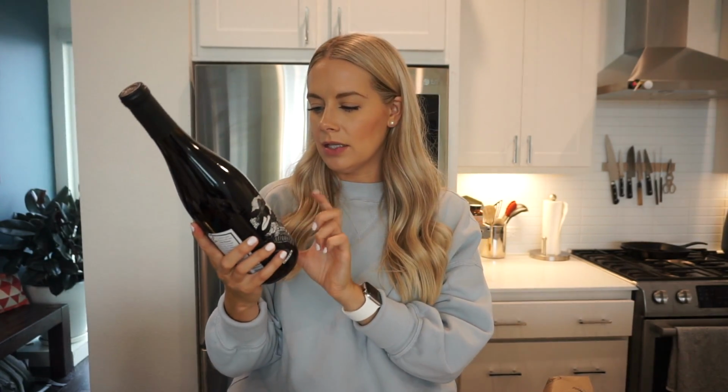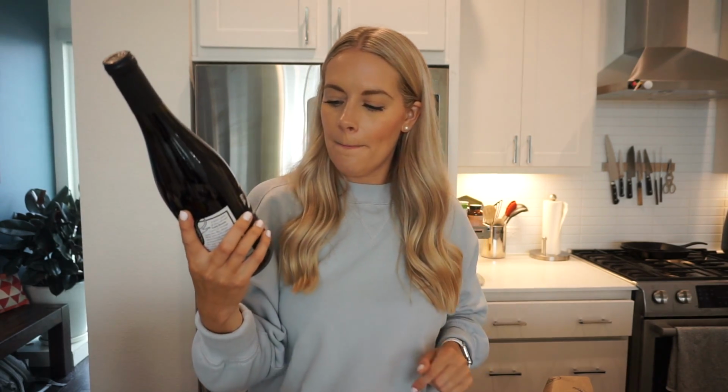So this is the Lazy Bones Cabernet. I just thought it looked really cool. I got this from Trader Joe's and I think it was like $7 or something. It was cheap. Like I said, I grabbed some unsweetened applesauce. I definitely could make this myself, but it is not apple season, so I just thought I'd grab this to